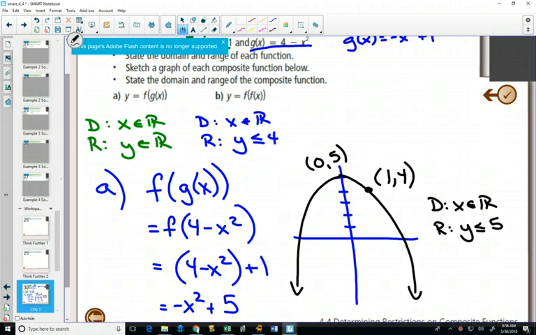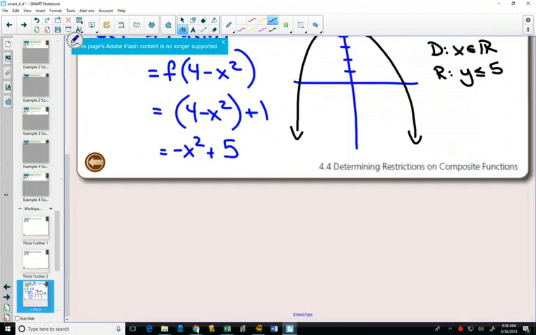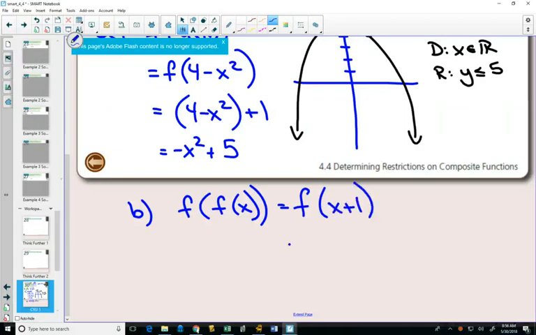In B, we want to figure out what f of f of x is equal to. Well, f of x was x plus 1. And whatever you put into f of x, you just add 1 to. So if I put x plus 1 into f of x, I would add 1 to that. And it just becomes x plus 2. Going to graph that,